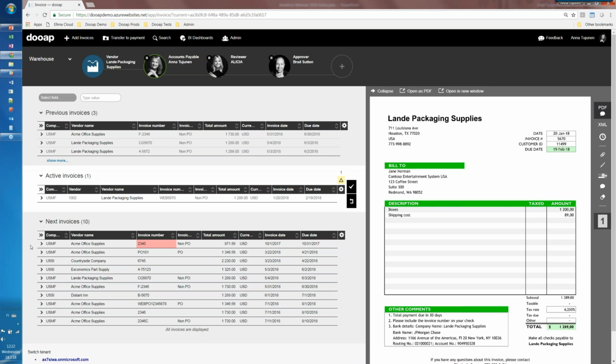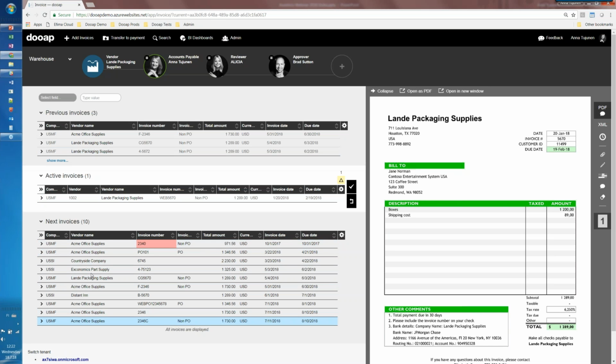Good. I'll start by handling the first invoice. So when I open the DoApp, as I'm now doing the accounts payable process, I will have all the invoices that are waiting for accounts payable to handle.